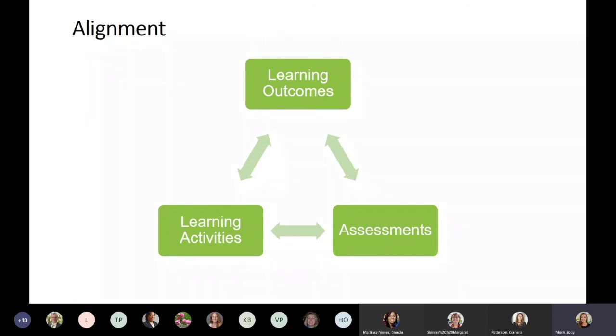But I should be able to look at those module level learning outcomes and your course outcomes and find the assessment that's aligned with it. So there should be a relationship between the learning outcome and the assessment, as the learning outcomes are where we want students to be. So those assessments should measure if the student has accomplished that learning outcome or not.